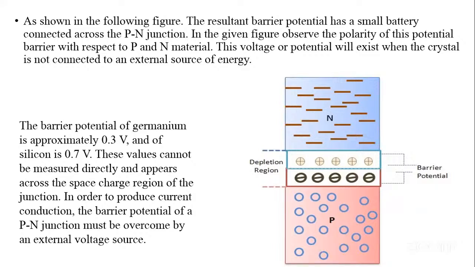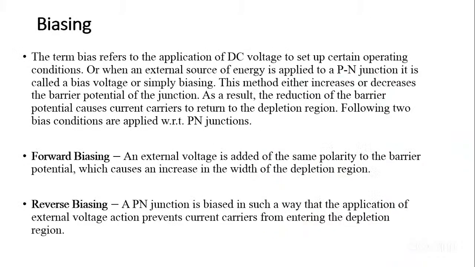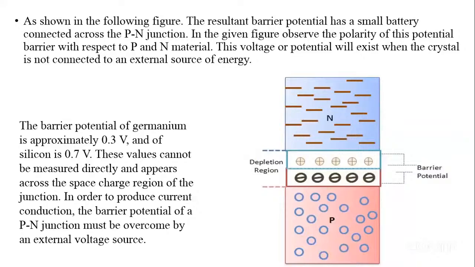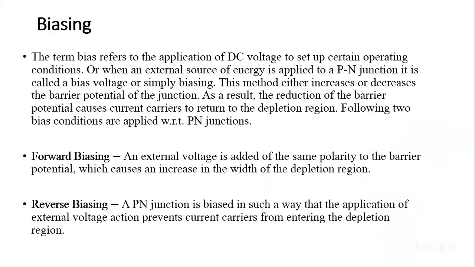If it's less than these two values, there is no way the barrier can be overcome. And as such, it will remain like that. No extra recombination will take place. So the process of recombination and process of application of voltage is what is referred to